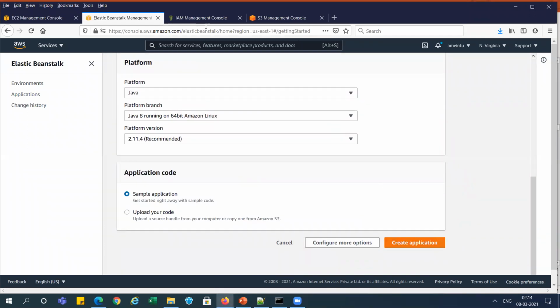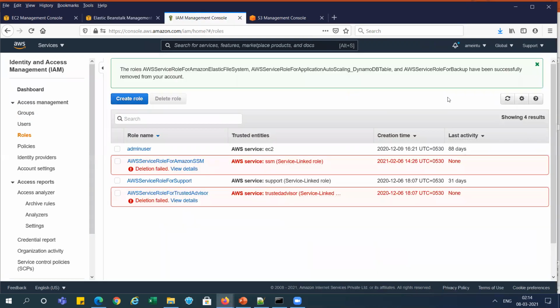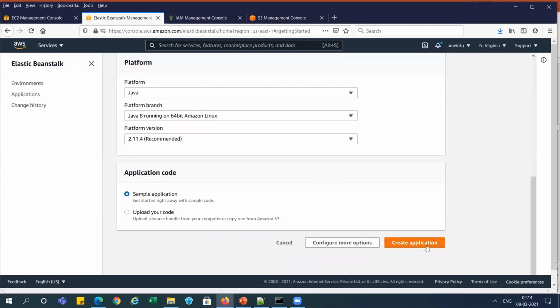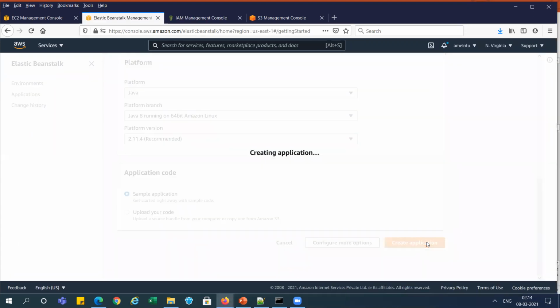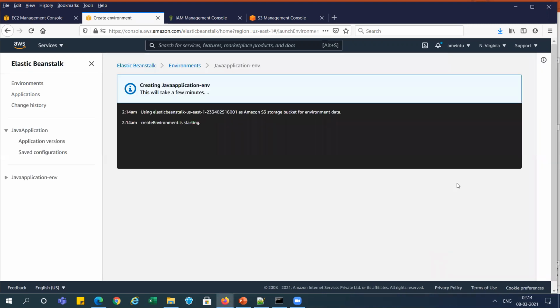Before this, I will show you the IAM roles. You can see currently I have only 4 roles, because it will create multiple things. So I will click create application, and it has started the creation of the environment, and step by step it will create everything, right?